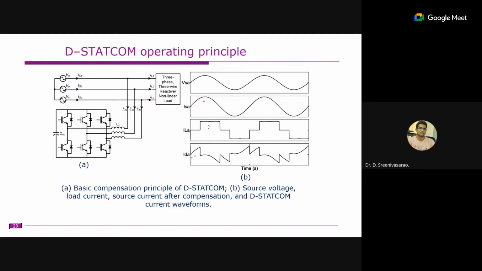So we need to control this D-STATCOM such that whatever harmonics are produced by the load current are compensated. In other words, we need to inject a current into the grid such that the harmonic currents on the load side are cancelled out. From the source point of view, this entire thing acts as just a linear load. Therefore, both source voltage and source current are in phase, and the source current is sinusoidal. Meaning we compensated the reactive power, and also the harmonics.